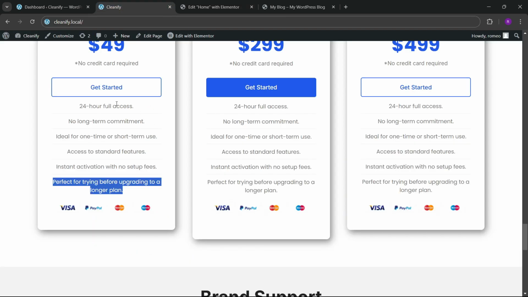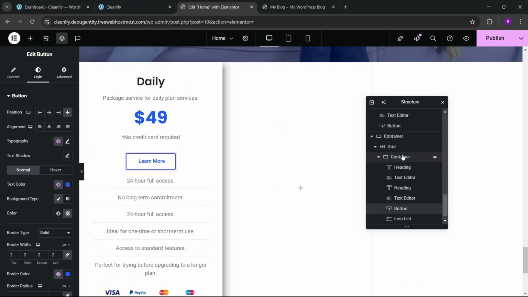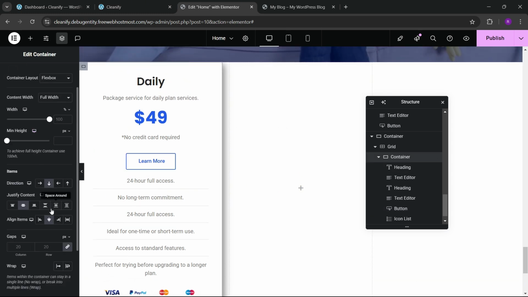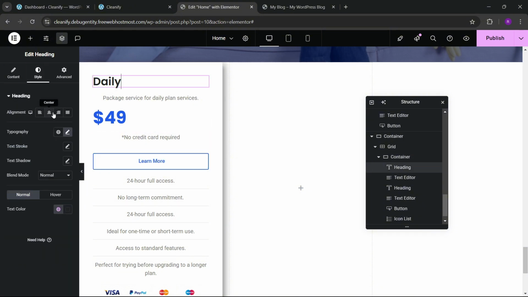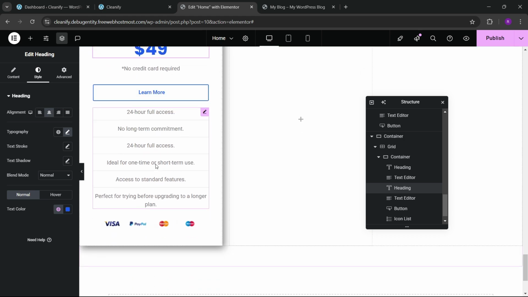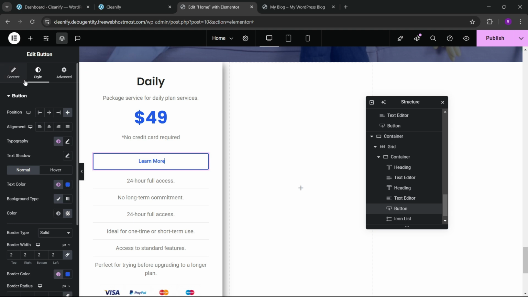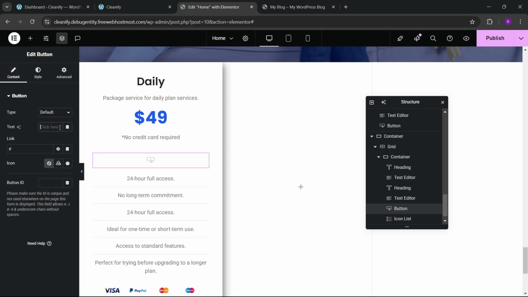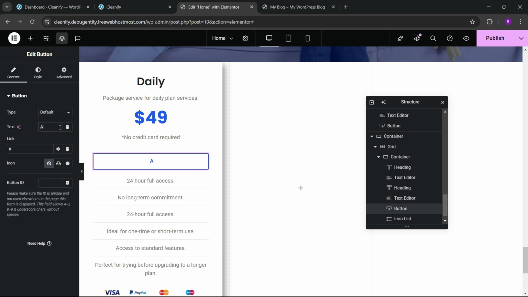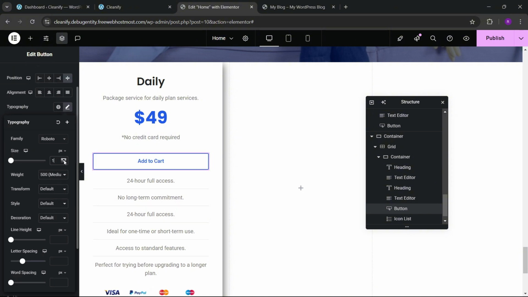So you can see that this button is fully stretched. So for making this stretch, we can click on this stretch. So right now it will not, so we have to go here, and we have to remove this, and now we can make this center. We can make this center, okay, like this. Okay, and here we can change the text of this to add to cart. Also we can go here, and we can increase the font size of this a little bit bigger,